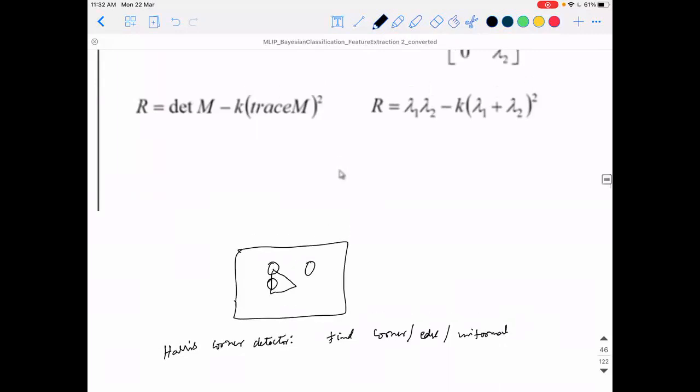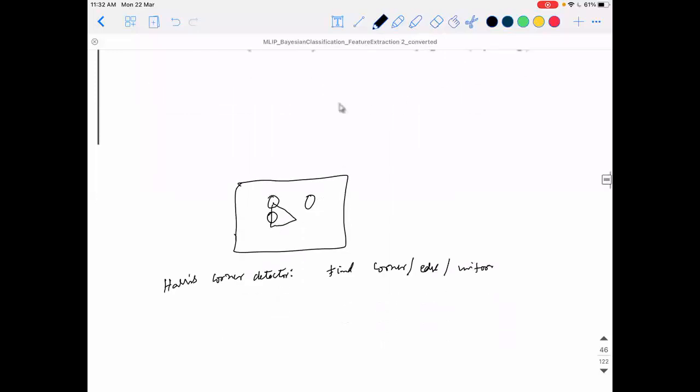Sir, it's based on finding gradients in X and Y direction. Okay, very good. Based on finding gradients, that's finally what it concludes to. But what is its starting point? See the variation of a point from neighborhood. That's all, right? It quantifies the variation from the point to the neighborhood in terms of E(u, v).